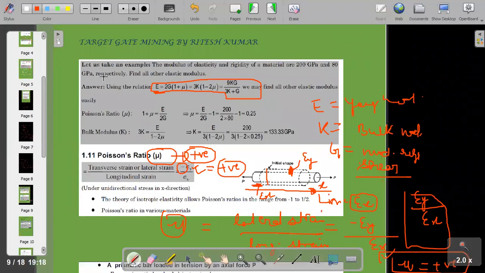We will do a question, it will become clear. Do this question. Modulus of elasticity and rigidity are 280 gigapascal. Find all other elastic modulus and mu. What is given in the question? E and G are given. So using this formula,